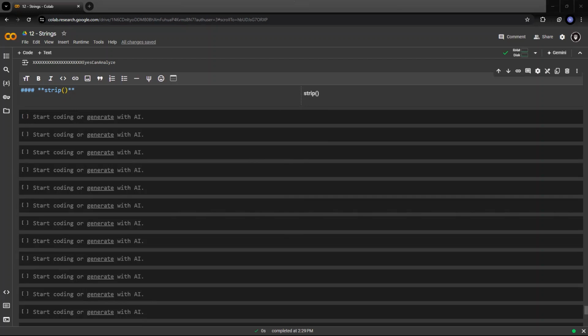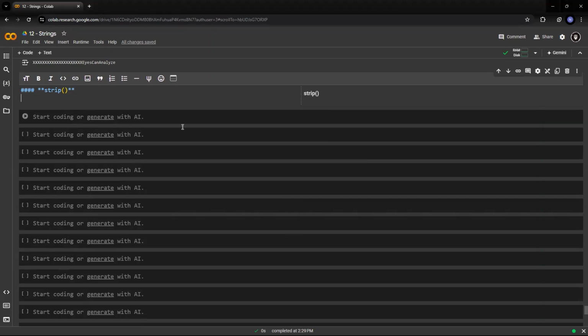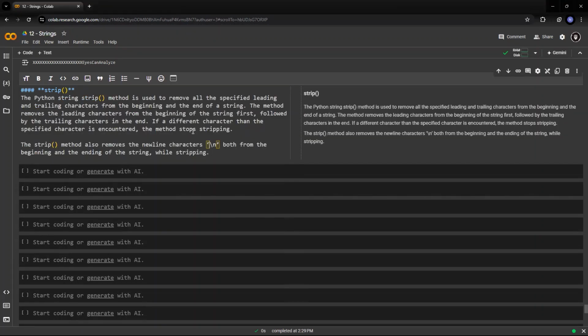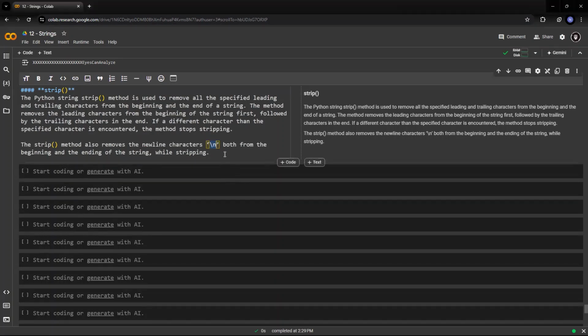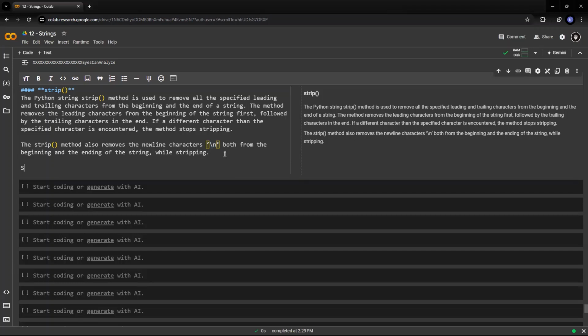So the strip method also removes a new line character, that is \n, both from the beginning and the ending of the string while stripping. You need to remember that if you have an end line character, which is \n, which you have seen in our escape characters, it will remove that as well. So the syntax for